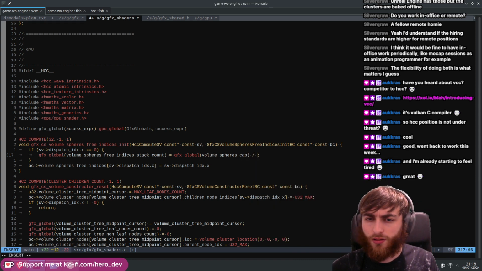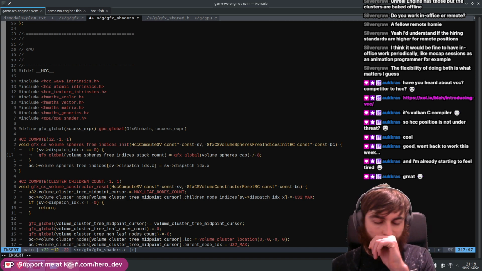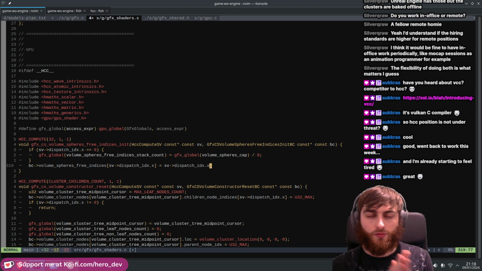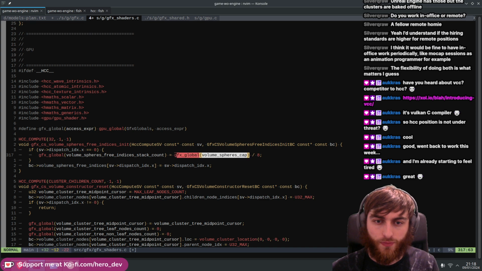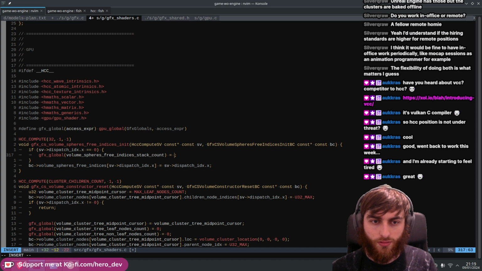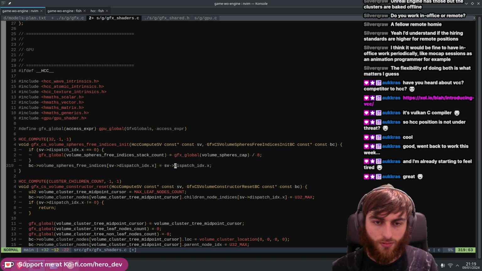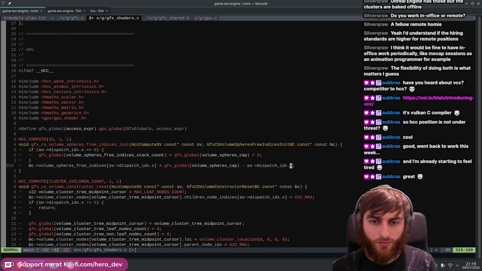Divided by 8. Right, so that'll put you right at the end of the buffer. Yeah, that'll put you right at the end of the free list buffer. So now the free indices, I think what we want to do, right, is take 1, take